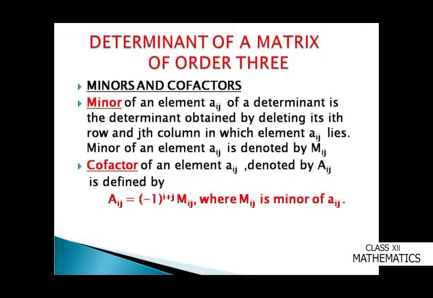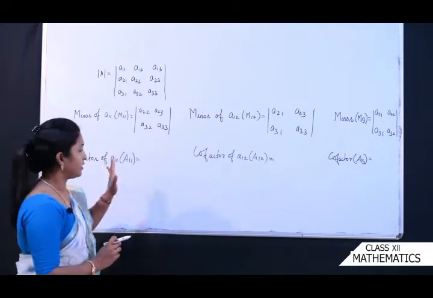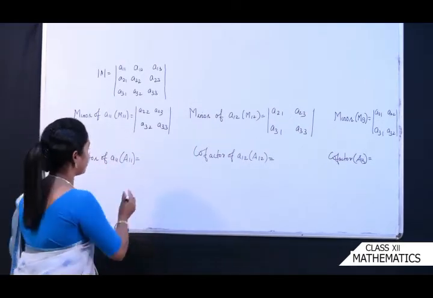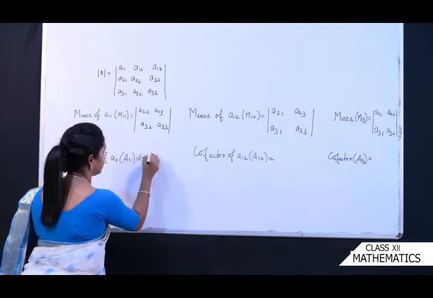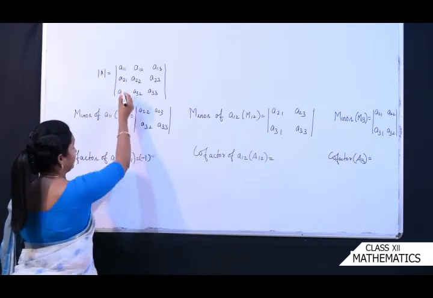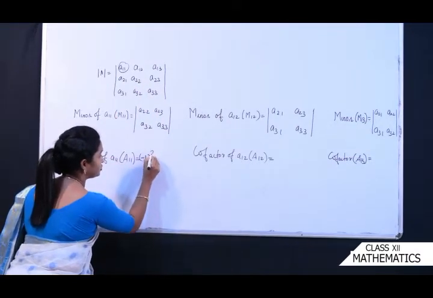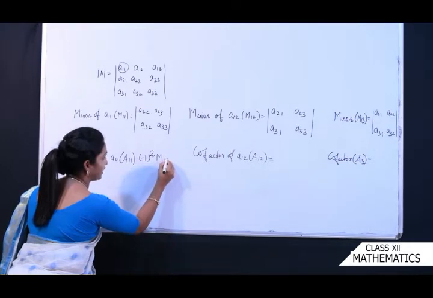Now let's see the cofactor, that is cofactor of an element Aij denoted by capital Aij is defined by Aij is equal to -1 to the power i plus j Mij, where Mij is the minor of Aij. Clear? Now let's see how to find the cofactor. Look at here, already माइनर हम निकाल रखे हैं, हमें अभी कोफैक्टर निकालना है. ठीक है, now cofactor according to the formula it is -1 to the power i plus j. I plus j means what it is here. Look at here, first element. What is i here? I is your 1 and j is your 1. तो यहाँ पे हम क्या करेंगे? It is 1 plus 1, 2. Okay, and then we will write down the minor of that element A11.